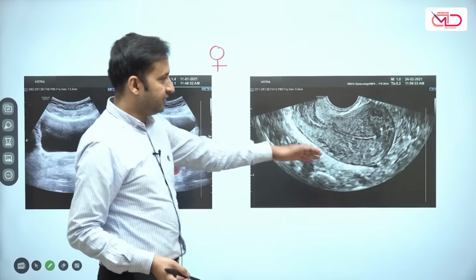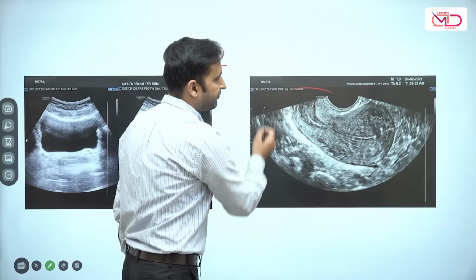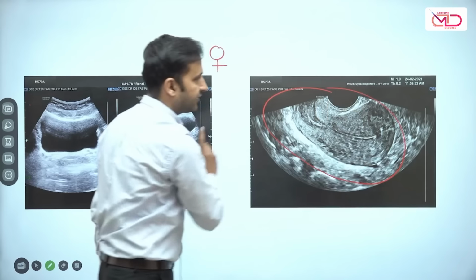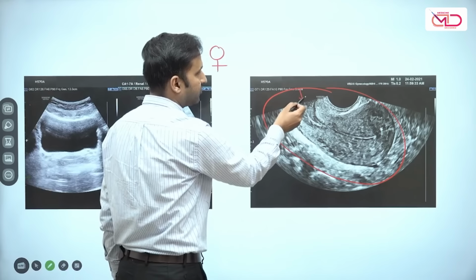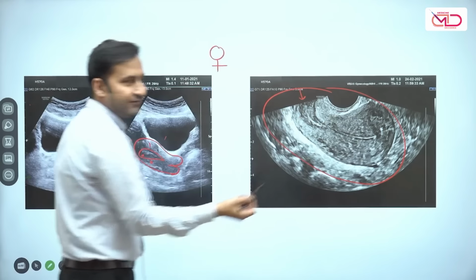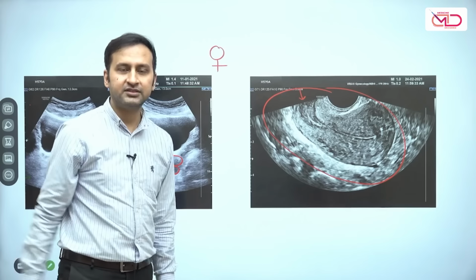Now compare it with this scan. This is again of the same patient. See that the image of the uterus is far more magnified in this particular case, firstly. Secondly, the first thing which forms an image is the uterine cervix or the uterus directly. We have bypassed the bladder. There was no use of the bladder. There's no image of the bladder on a transvaginal scan.